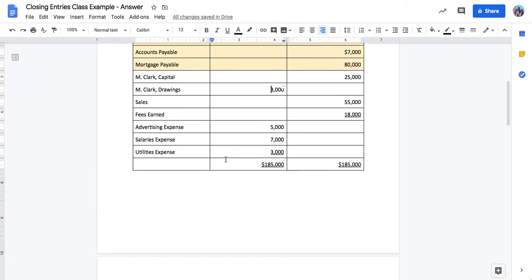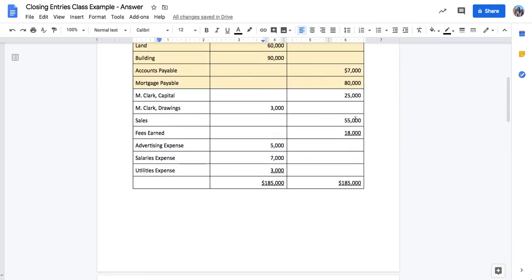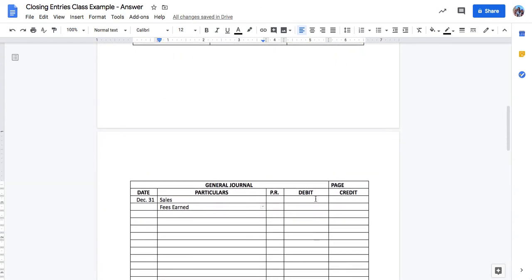So this is what this means. These are my revenue accounts right here, and I know they have a credit balance. So if I want to make the sales zero, what I do is I'm going to debit it $55,000. So I'm going to go down to my journal, and it's the 31st of December, and I'm going to say sales, and then I believe it was fees earned. Because they have a credit balance, I'm going to put in 55,000 and 18,000,